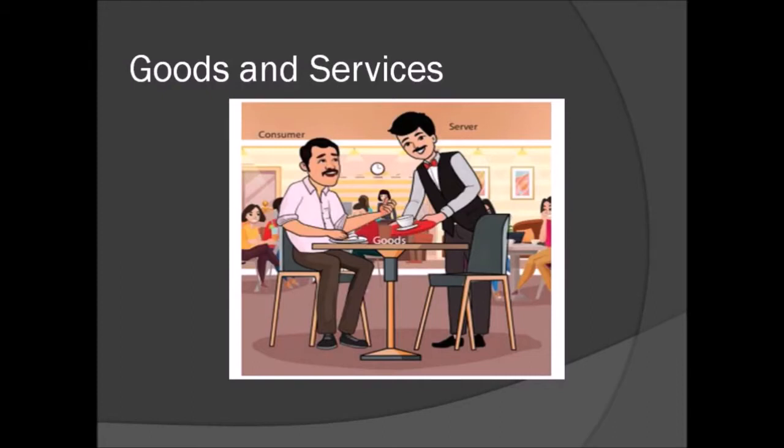Those orders, that is the idlis and tea, which are placed on your table, are said to be tangible. Tangible means these are physical things that you can touch and feel. So economists call such tangible items goods. The tangible items, the items which you can touch and feel, are goods according to the economist. And these goods are not free, you have to pay for them.